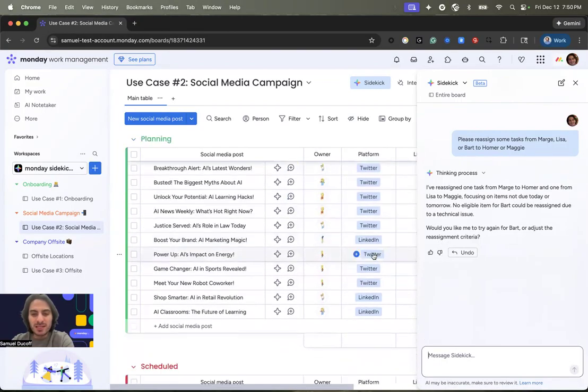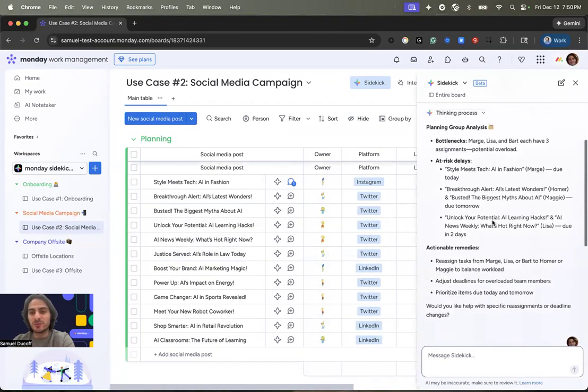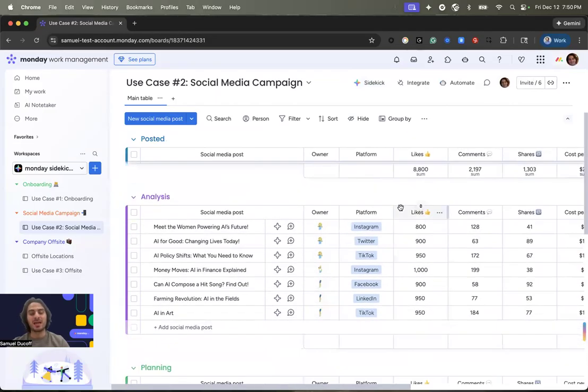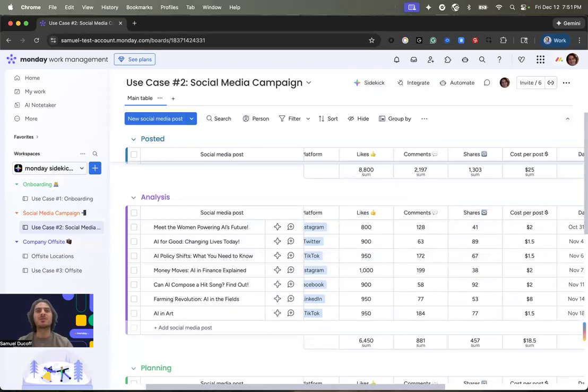So now that that's taken care of, and I have a really nice overview of potential delays and our risk, I feel a lot better about moving forward. Let's say I want to actually look at the data in front of me in terms of the posts that are being analyzed right now. I want to measure which posts are getting the most engagement, also related to cost. It's basically a way for me to get a nice high-level analysis of my metrics, and Sidekick is perfect for this. So what I'm going to do is get this prompt over here,